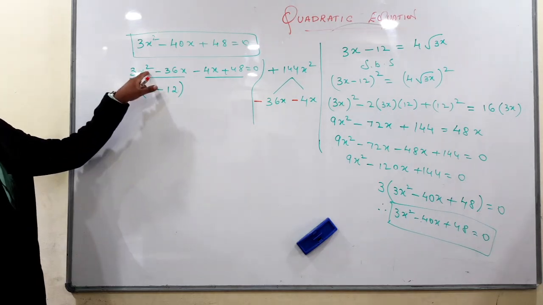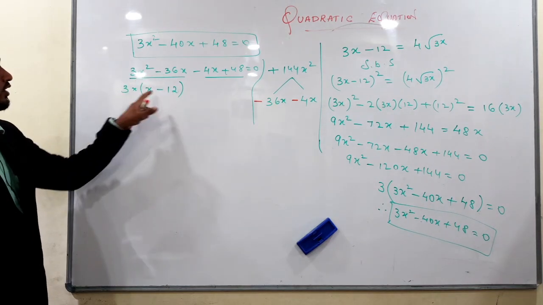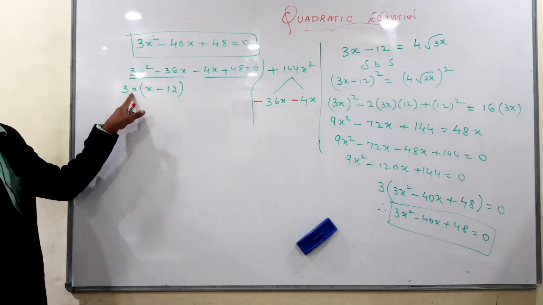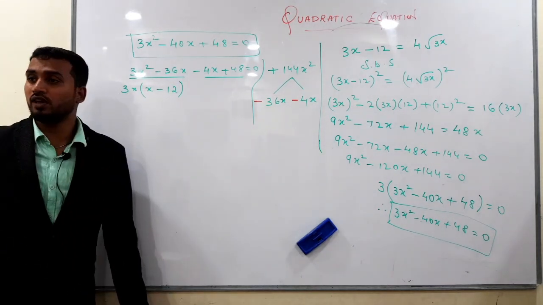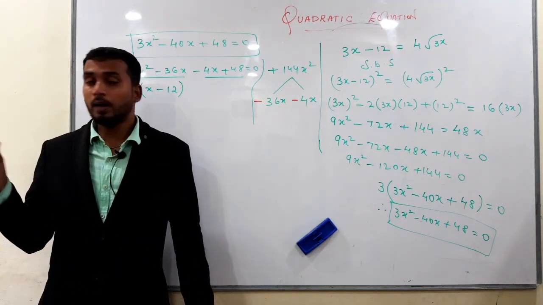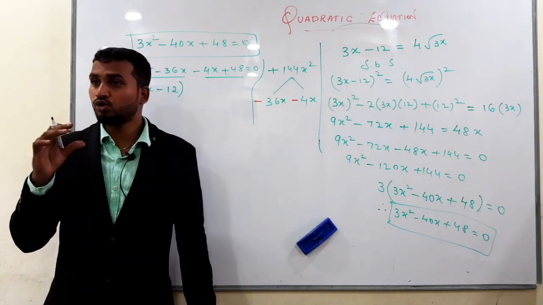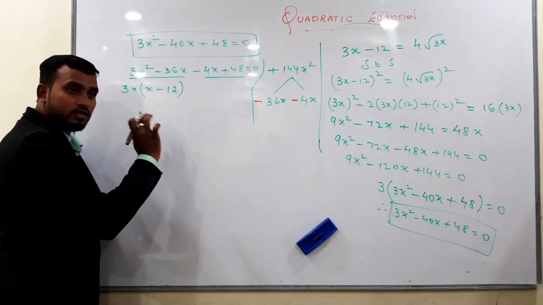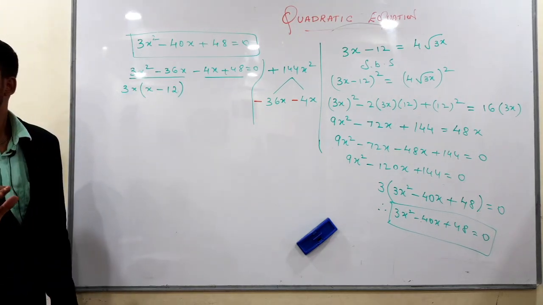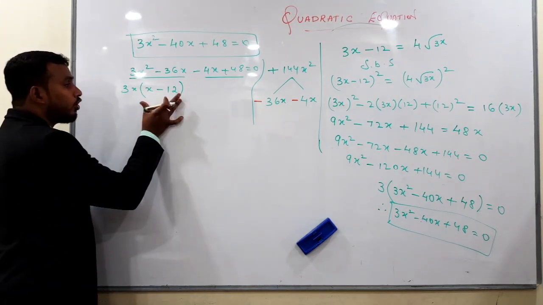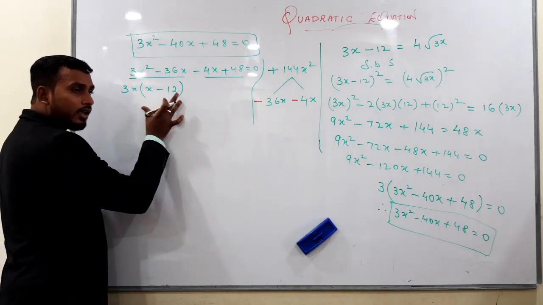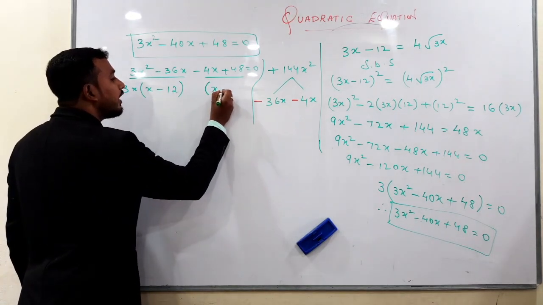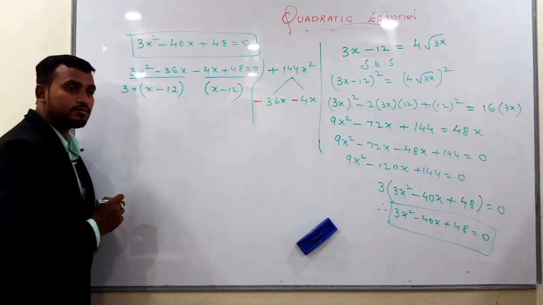Now if you multiply this both, you should get this. 3x into x, 3x square. Plus into minus, minus. 3 12s are 36. Already this x is out. Now, please observe here. This is very important step. I am showing you the logics, how to solve the calculation part also. Whatever you got in the bracket, keep it as it is. Understood? Whatever you got in the bracket, write it as it is. x minus 12. Keep it as it is.